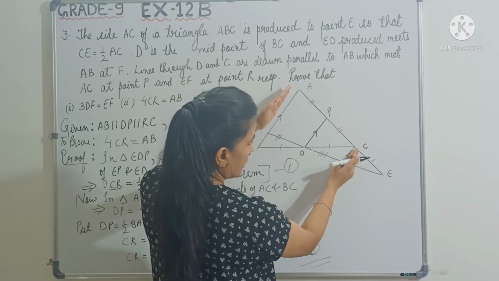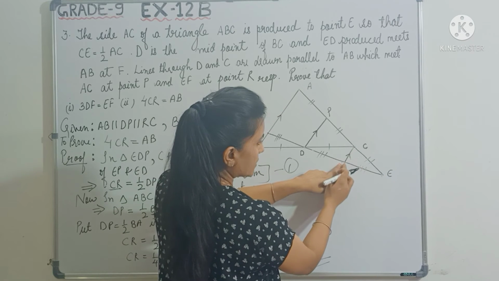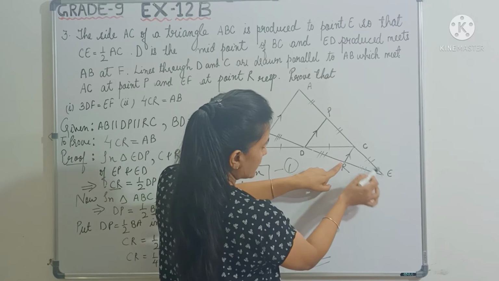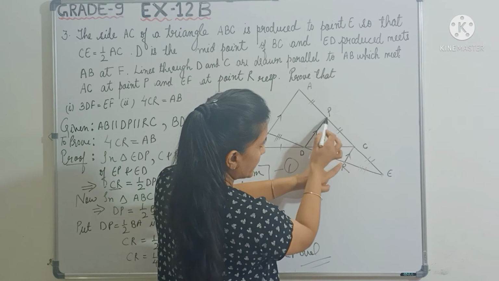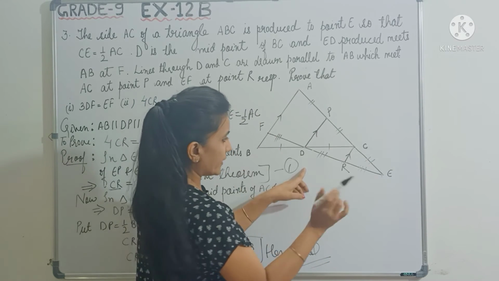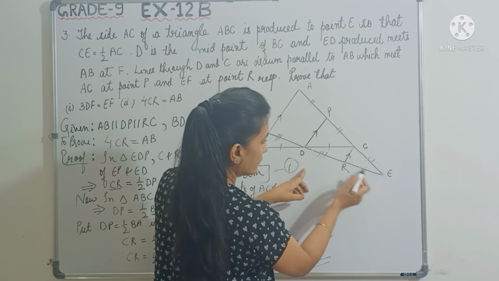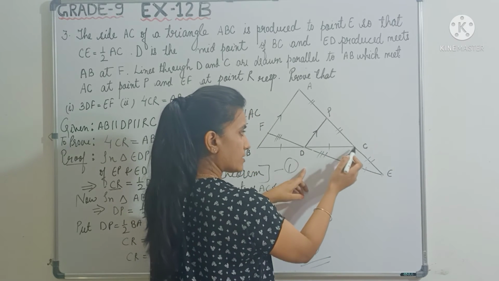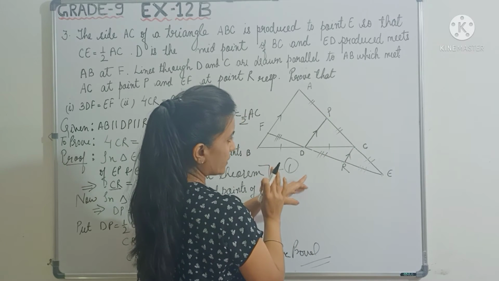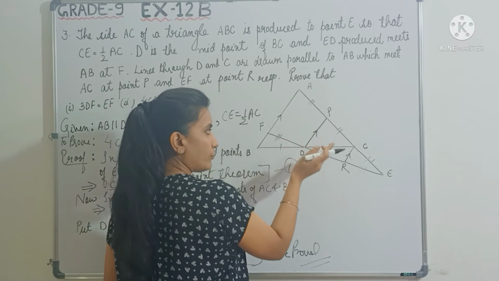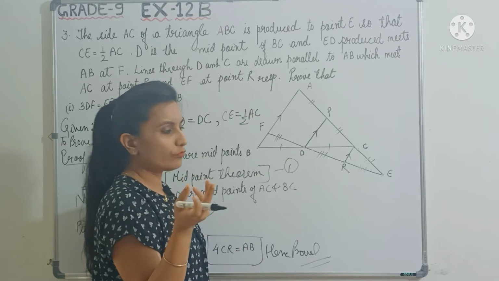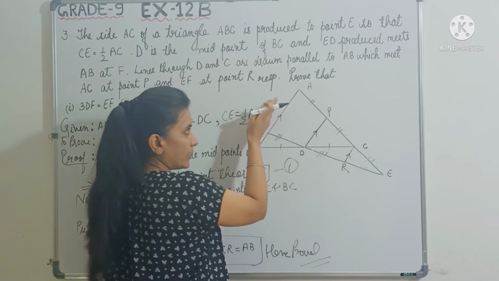Now CR is a line segment connecting the midpoints of which sides of the triangle? Obviously EP. C is the midpoint of EP and R is the midpoint of ED, right? So I got to know that I will take triangle EDP. In this triangle, where C and R are the midpoints, CR will be equal to half of DP, right? Now next, I was looking for some relationship between DP and AB, because ultimately I have to find a relationship between CR and AB, right?